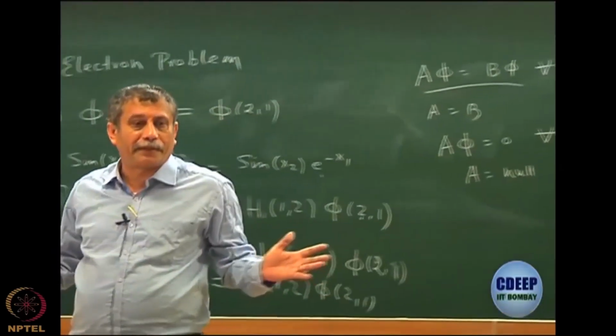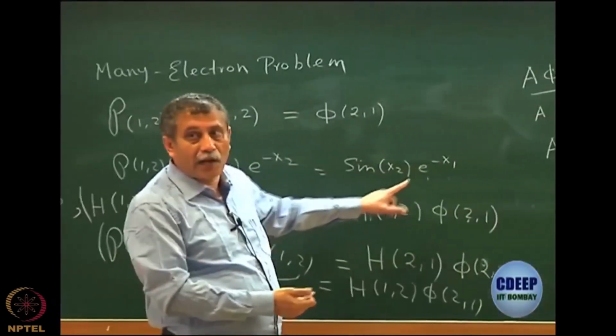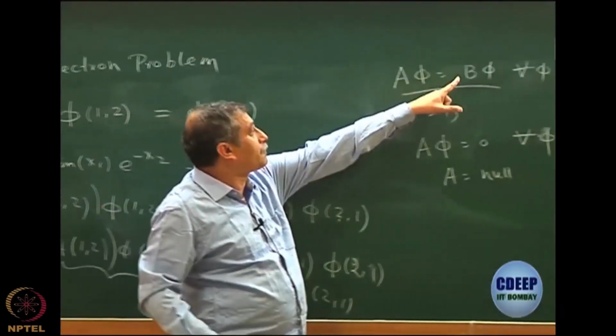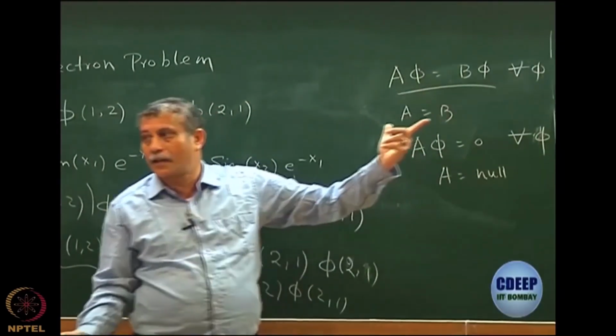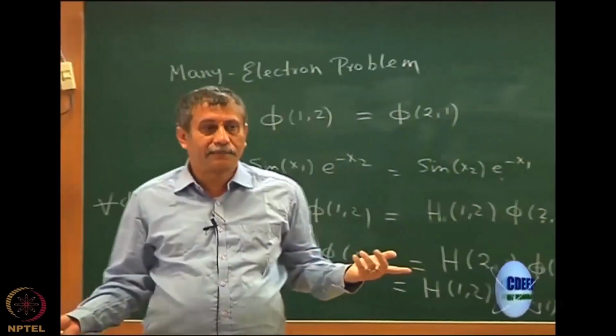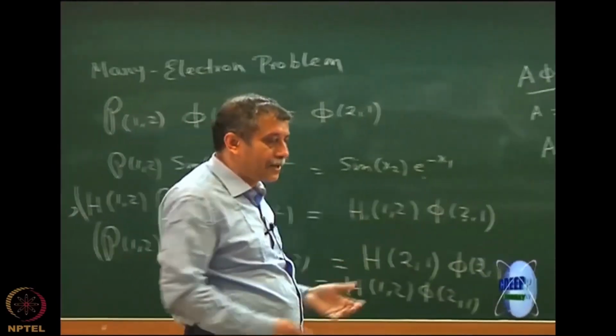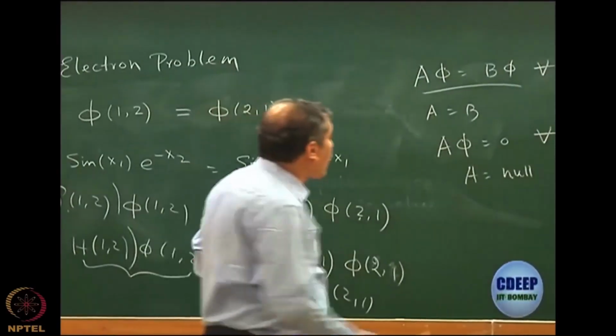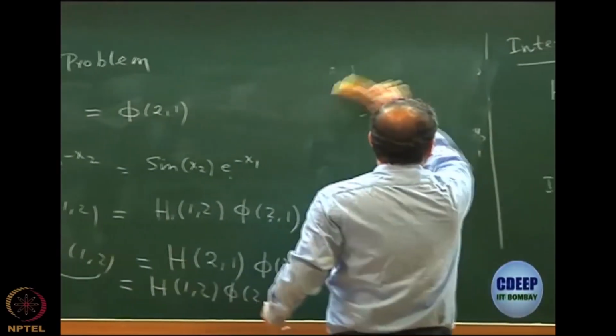Null operator is 0 operator. So, there are certain rules. Here also it is the same, A minus B acting on phi is 0. So, A minus B is a null operator, which means A is equal to B, correct. So, it comes exactly from the same. Now we can argue from this that